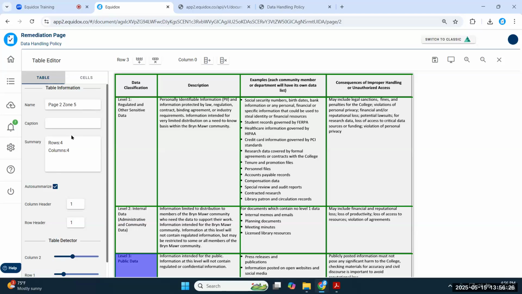A table that has multiple headers, span cells, empty cells, or different things in a table can add to the complexity of it. But this is a pretty straightforward table. So the table summary is very simple by design. So it's just 4 rows and 4 columns.